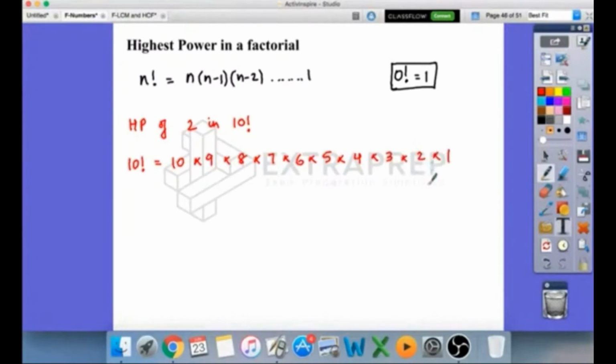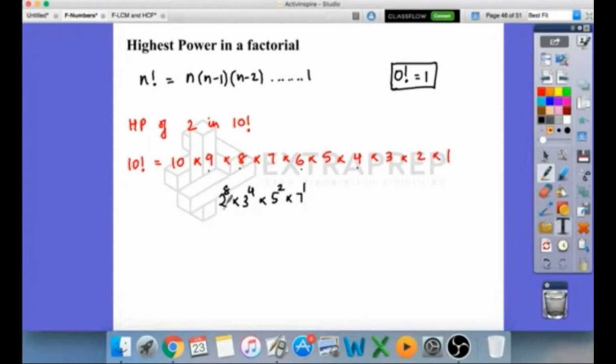Now if you prime factorize it, prime factorization is breaking up every number. I hope you remember. So 10 is 2 into 5, 9 is 3 into 3, 8 is 2 into 2 into 2, this is 2 into 3, this is 2 into 2. So when you prime factorize, you get 2 power 8 into 3 power 4 into 5 square into 7 power 1. I know the value, I wrote it down, okay. This is for just your understanding.